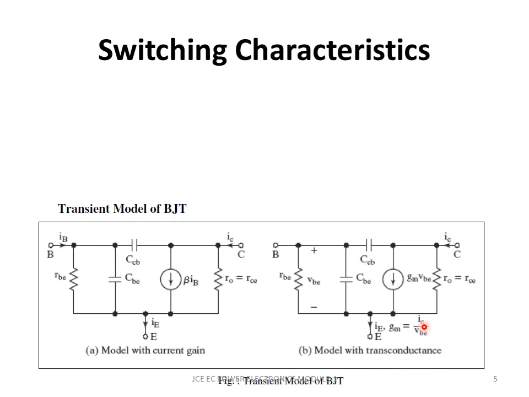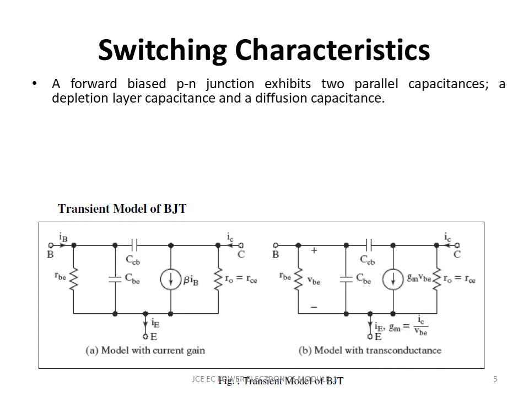And what is IC? IC is nothing but beta times IB. So I will be getting GM VB here and RO is equal to RCE. So this is the transient model, and we should remember one thing: these capacitors come into picture only during the transient state of this device, that is when it is going from on to off or off to on. Otherwise these capacitors are as though not in the picture.